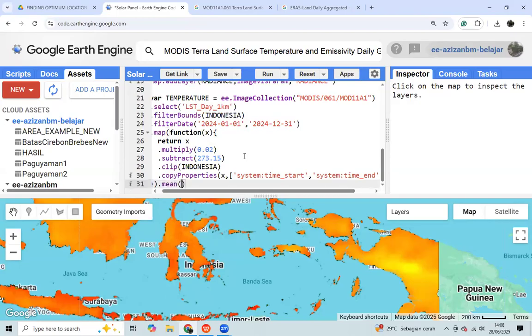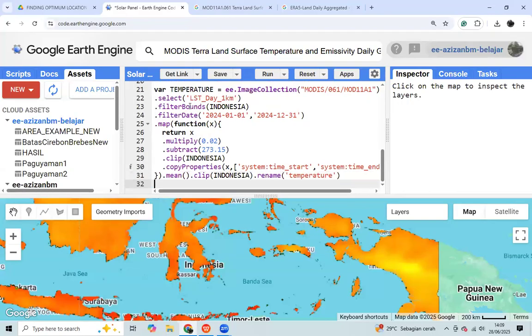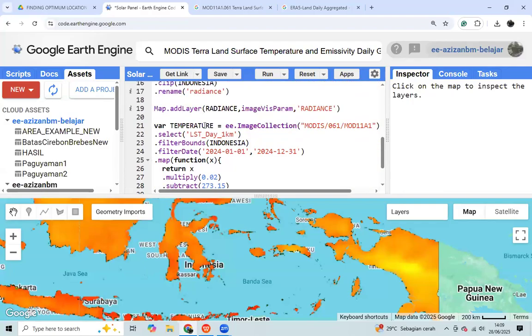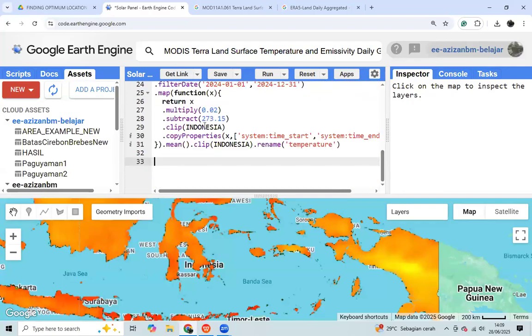And then we define the average temperature of all Indonesia. And then we keep it on Indonesia. And then we change the band from land surface temperature to make it more simple. We change it to temperature. Okay. Then we visualize the temperature data.